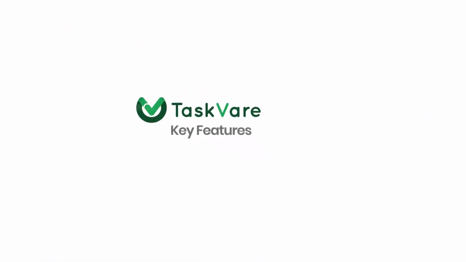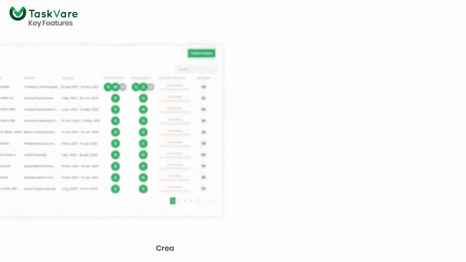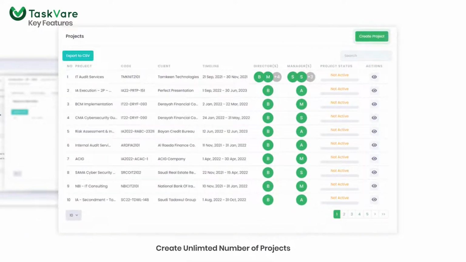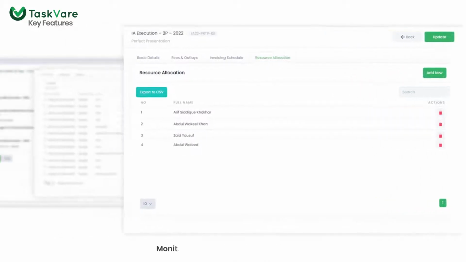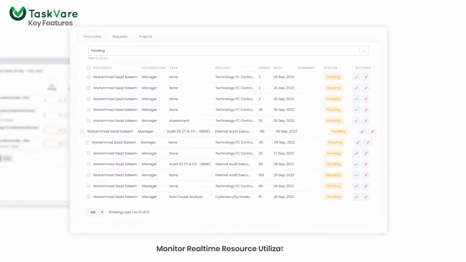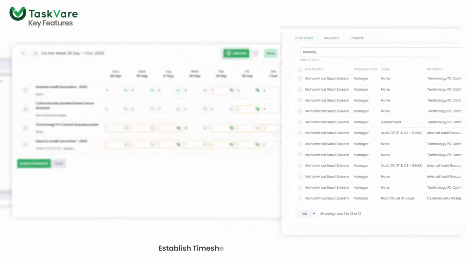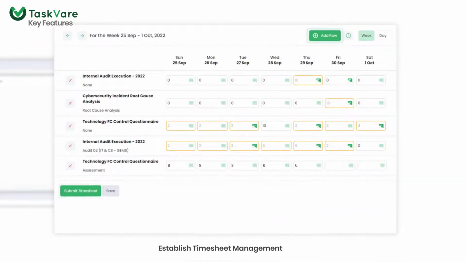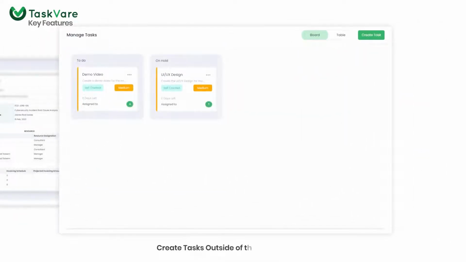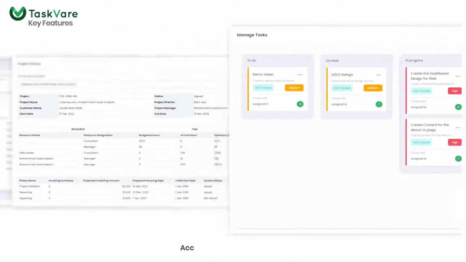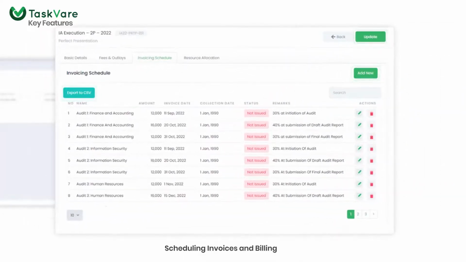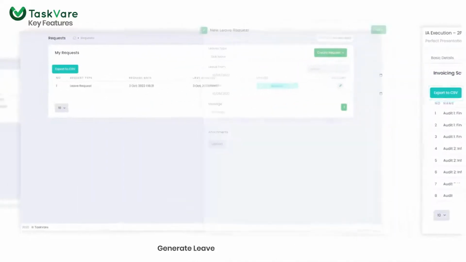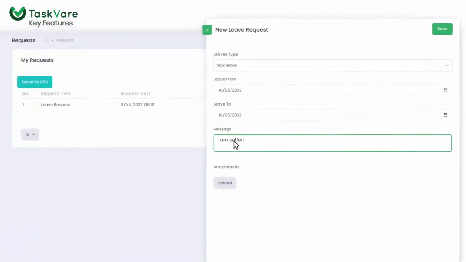Our key features include: create unlimited number of projects, assign resources to the projects, monitor real-time resource utilization, establish timesheet management, create tasks outside of the projects, access dynamic reports, schedule invoices and billing, generate leave request workflows,